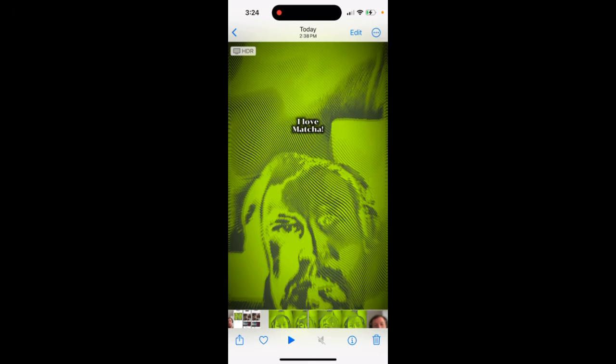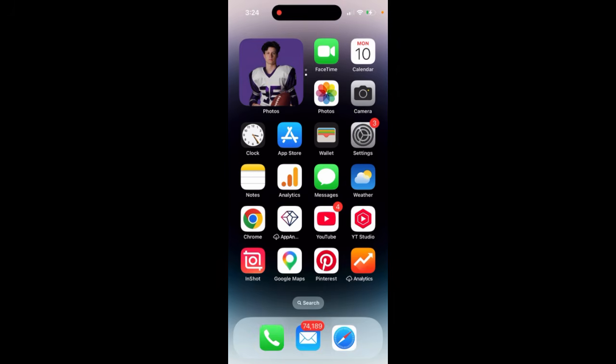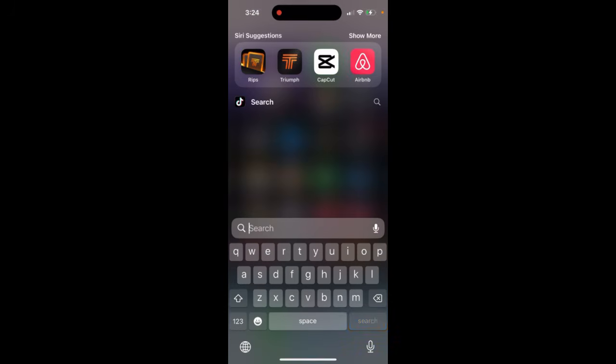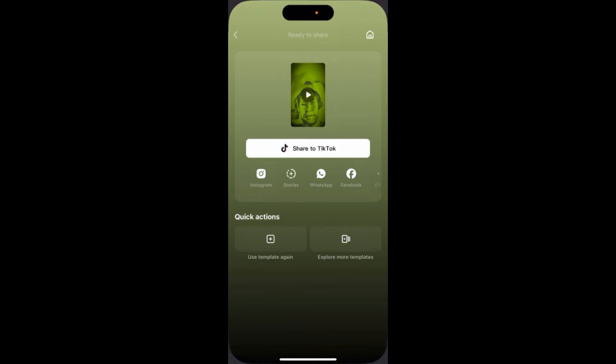Probably, I was looking for these effects on TikTok and CapCut. So you can create matcha filter, but you can't remove it easily. If you just wanted to create this matcha filter viral video,